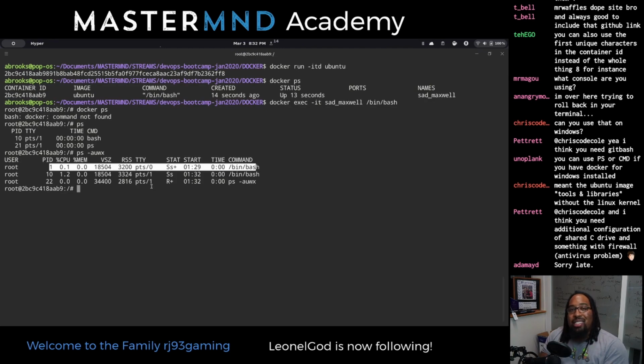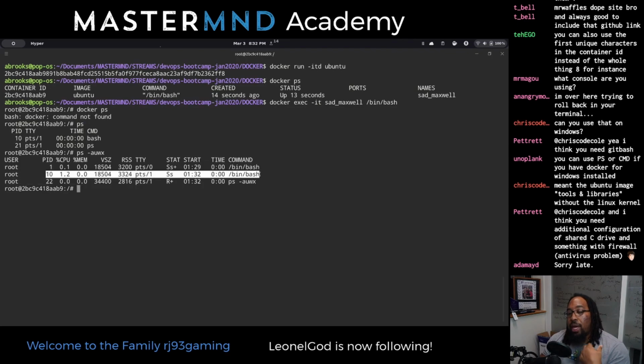PID 1 is like the one essential process that this is designed to run. Bin bash is the one we executed. There's another one. So it started up with bin bash, and that is this one right here. And then the process that we're actually inside of right now is this process. And then it's showing the ps command that we actually ran.